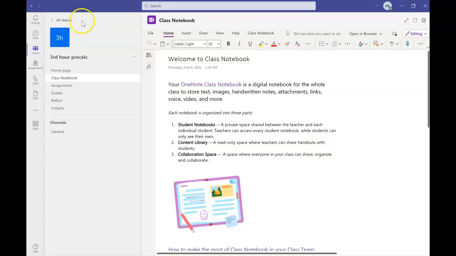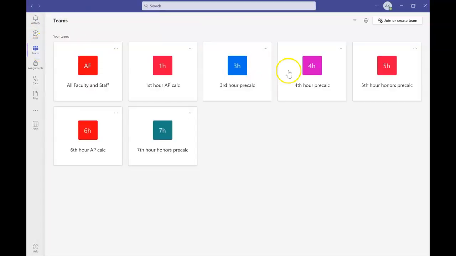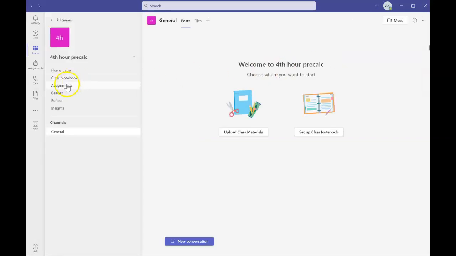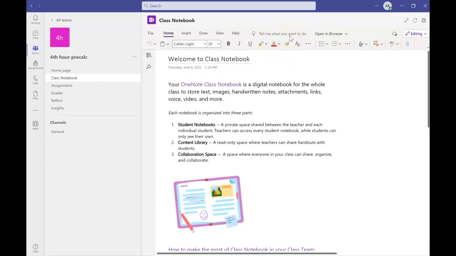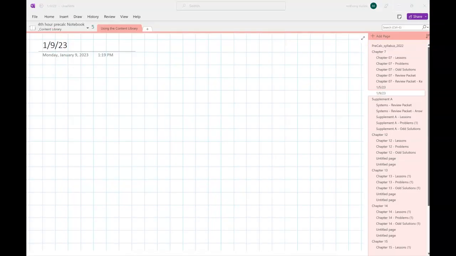You'll need to open up your Microsoft Teams and find your 4th hour pre-calc tile. Click on then class notebook. And once that OneNote loads in, from the drop down, you'll select, instead of open in browser, open in desktop app, and that'll link your OneNote with the new shared folder. And then after that,